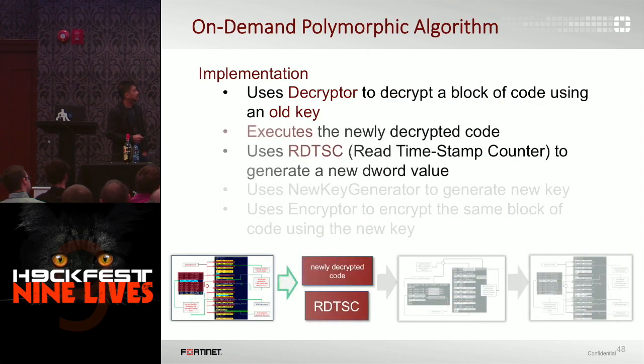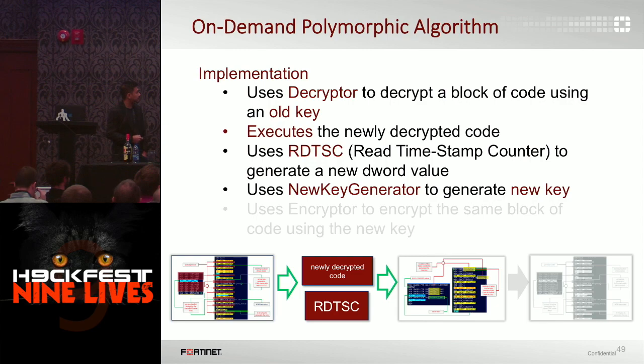Okay, it uses the decryptor to do that. To generate a new key, it uses a function RDTSC, read time stamp counter. It changes every time you run. That's why I told you when you infect your calculator today, it will be different actually in the afternoon, in the evening, or the other day because it generates the key based on the timestamp counter. Okay, and then it uses the same set of codes in order to